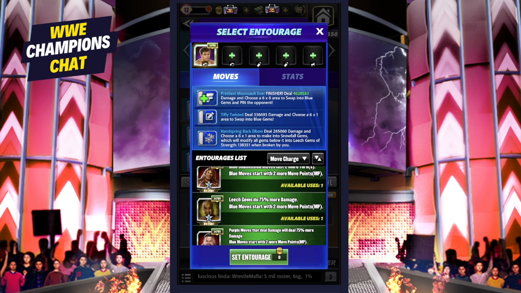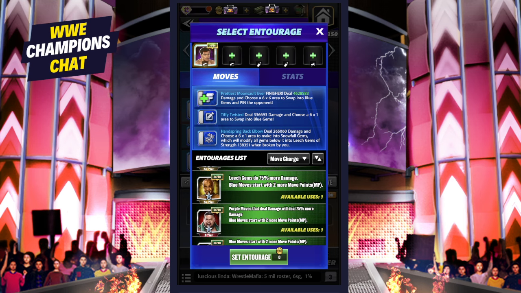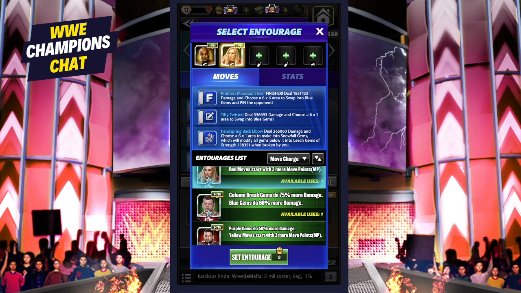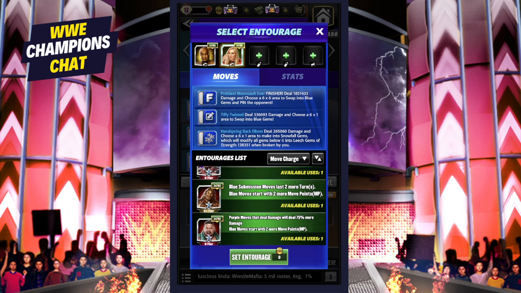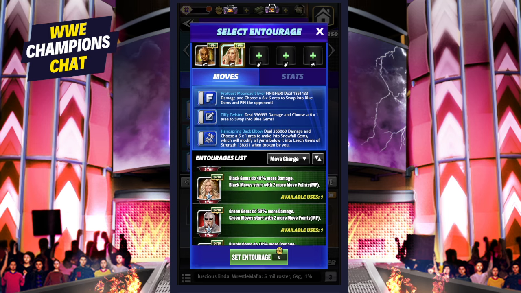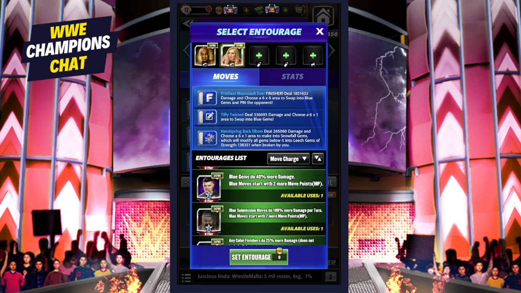So yeah, let's go down and find. Look, we could have Hall of Fame Ray right there. Leech gems do 75% more damage, and blue moves start with 2 MP. So we can actually use Ray and Judgment Day Dom. Holy smokes. And that would load for the 4 MP we needed with no perks, right? If we had 0 perks,